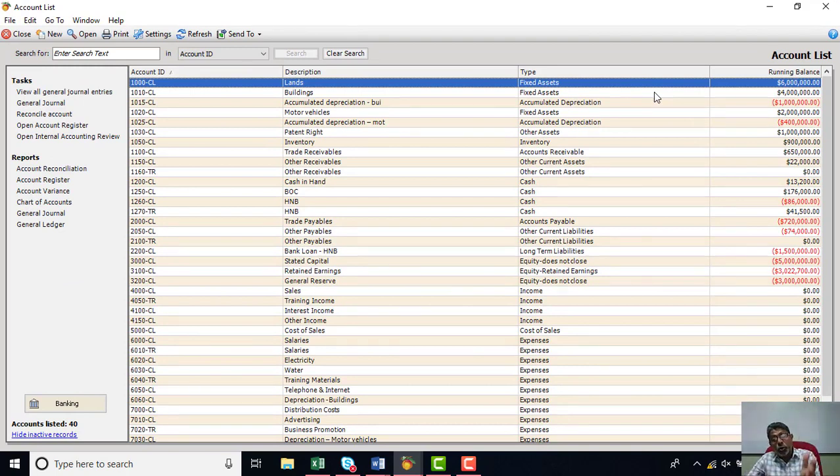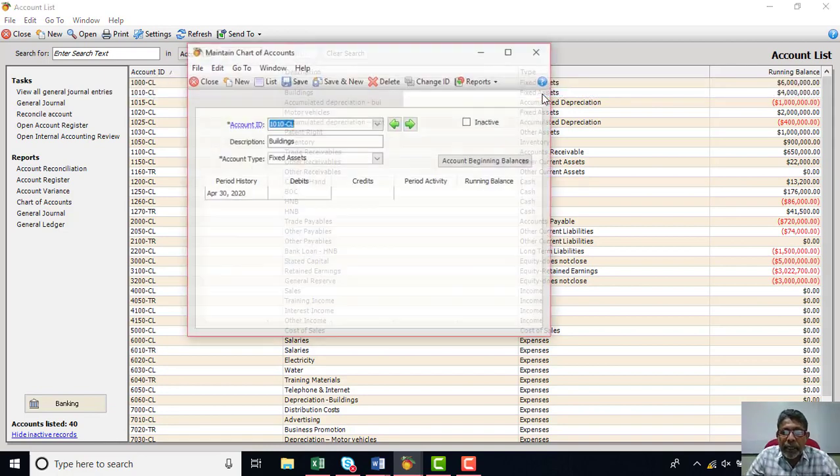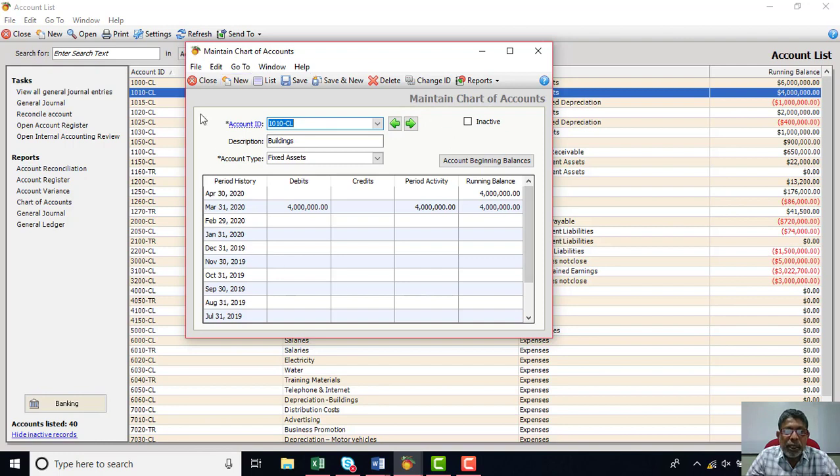So I have shown you now four methods available to access the chart of accounts and how to see your created chart of accounts. If you want to modify any of these accounts, or if you are still having errors, you need to double click the particular account. That will bring you to the Maintain Chart of Accounts window, and if the name is wrong,